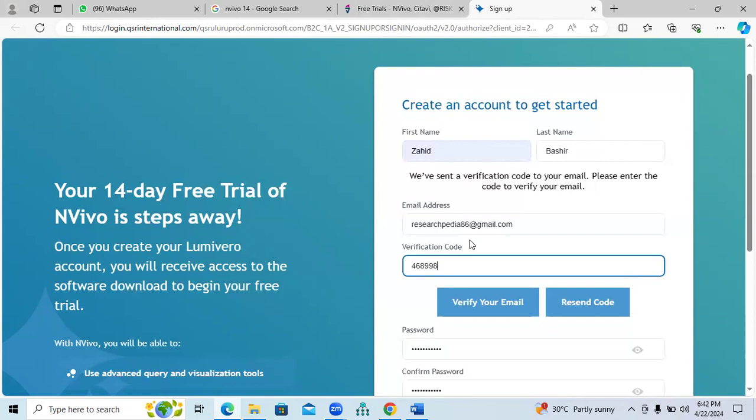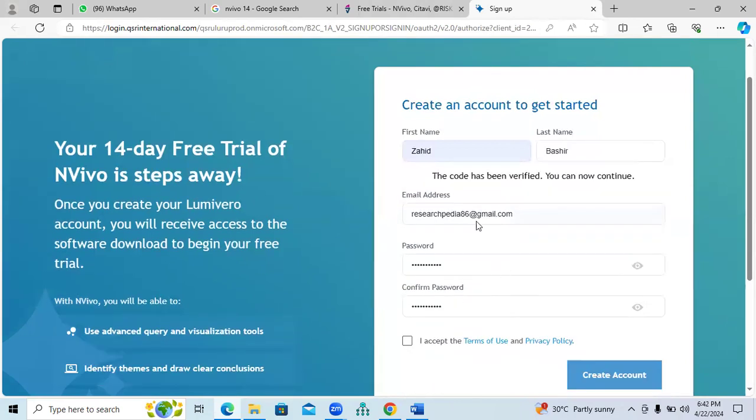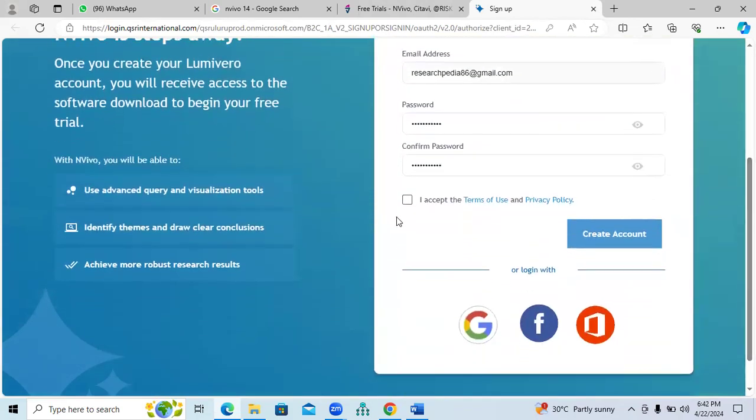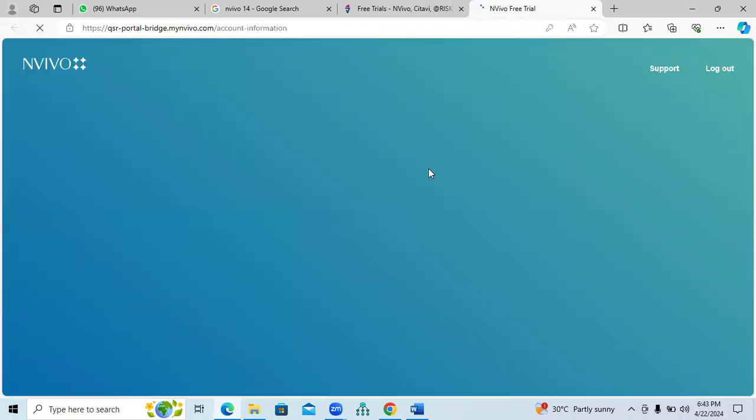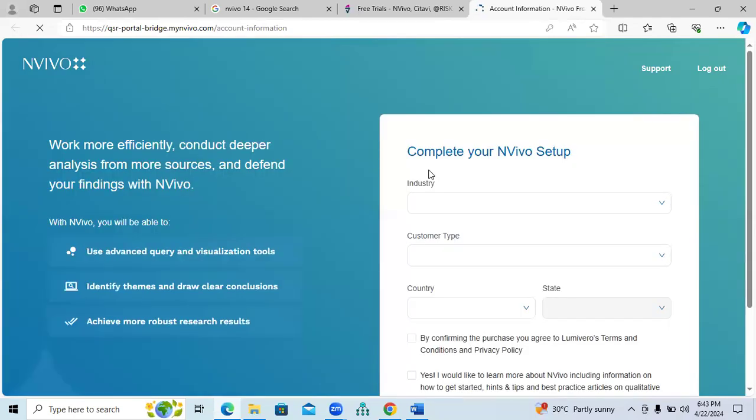Always remember, do not use the verification code that I am going to use here, because this is only a one-user verification code. If it is used by another user, it will not create the account. So just click on the create account option here and wait for a couple of seconds. It will take some seconds, and it will show you